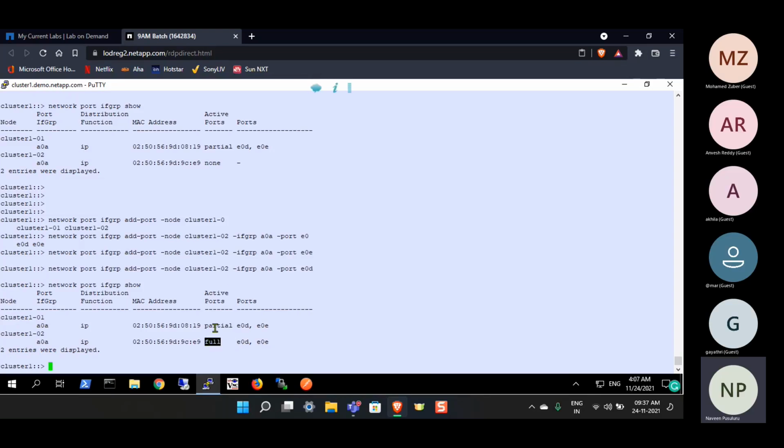And if you see active ports here, it is showing full. That means in multimode, as I told you, both the ports will be in active state, right? Up and running, both the ports. That is the reason it is showing full. And if you want to have an in-detail